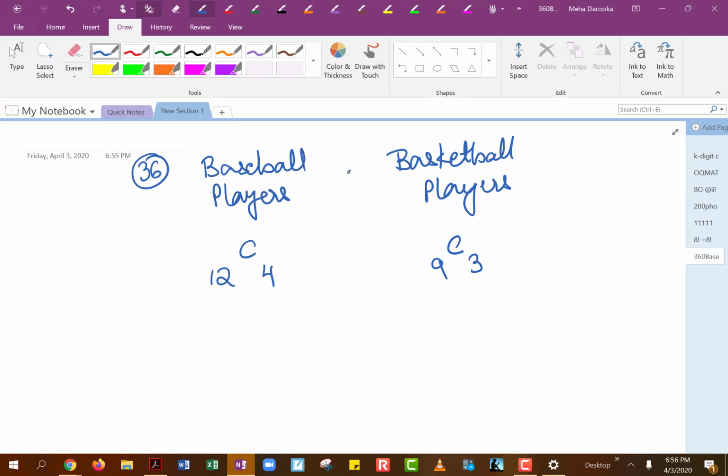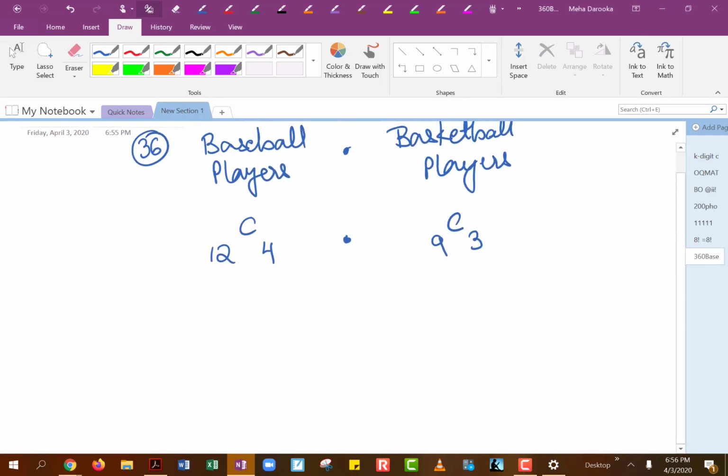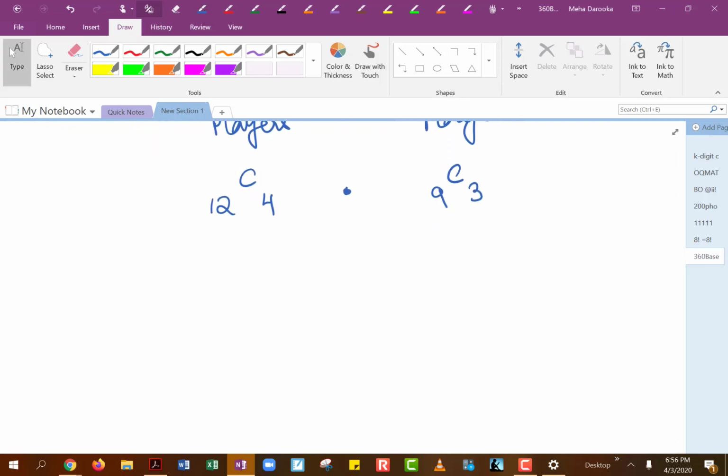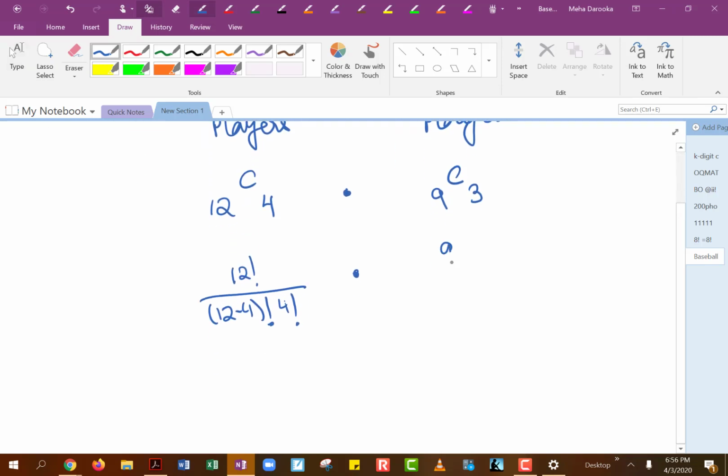So let's see, for the 12 total, you're going to have 12 factorial, and then we're choosing 4 from those. So 12 minus 4, and then again 4 factorial here. For the basketball players, there's a total of 9, and then we'll do 9 minus 3 factorial. 9 minus 3, and then again 3 factorial here, right? So let's take each one of these